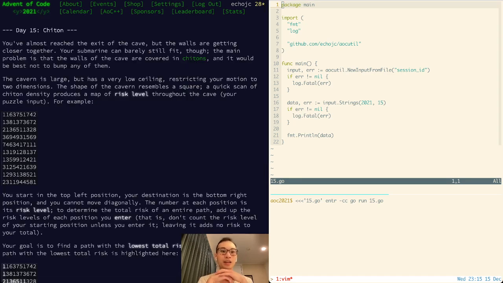Day 15, Chiton. You've almost reached the exit of the cave, but the walls are getting closer together. Your submarine can barely still fit though. The main problem is that the walls of the cave are covered in chitons, and it would be best not to bump any of them. The cavern is large, but has a very low ceiling, restricting your motion to 2 dimensions. The shape of the cavern resembles a square. A quick scan of chiton density produces a map of risk level throughout the cave. Your puzzle input, for example,